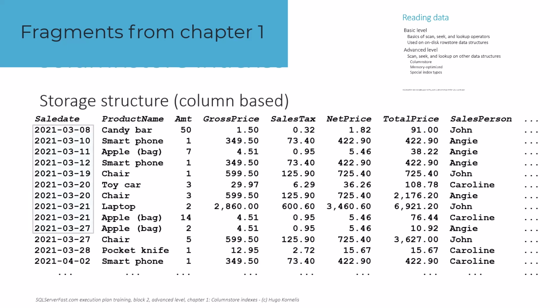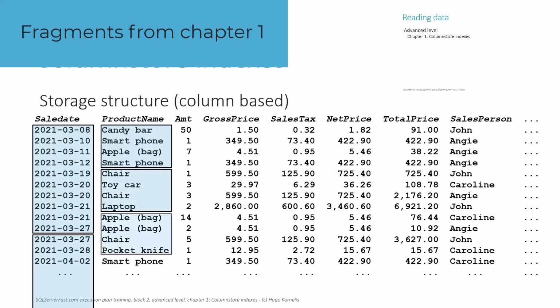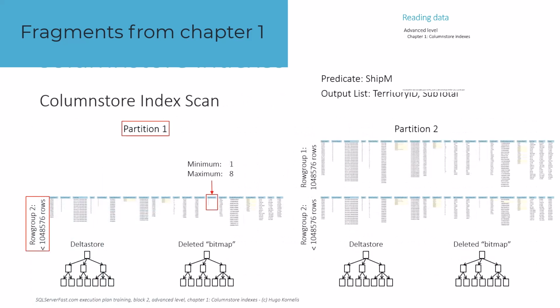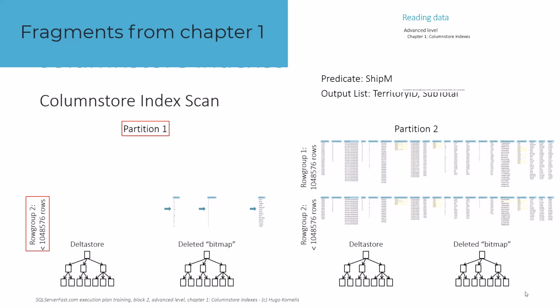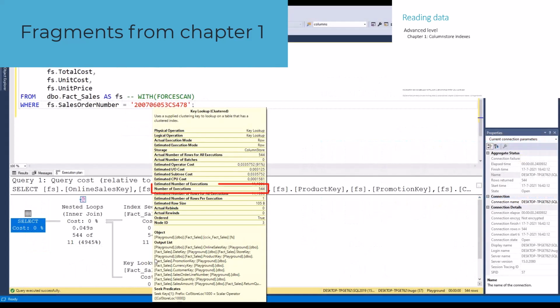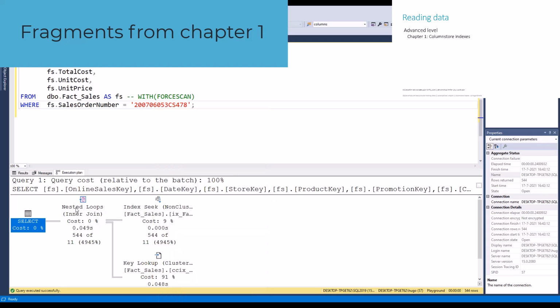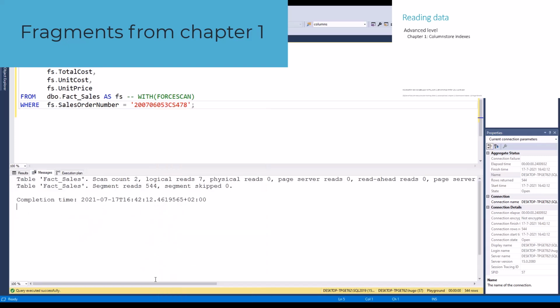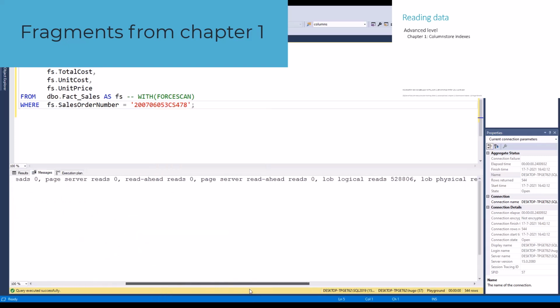In Chapter 1 we discuss how column store indexes are organized. Using this knowledge we then show, using animated slides as well as demos, what happens when a scan operator targets a column store index. There is no support for seeks on column stores, but there is for lookups, so we cover the internals of that case too.